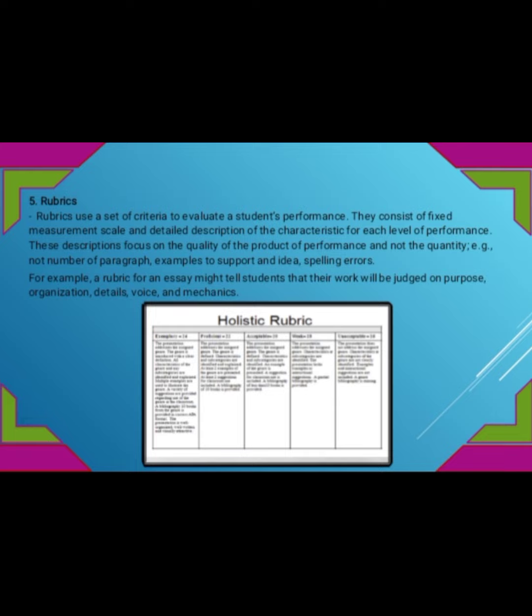These descriptions focus on the quality of the product or performance, and not the quantity. Example: not the number of paragraphs, but examples to support an idea, spelling errors. For example, a rubric for an essay might tell students that their work will be judged on purpose, organization, details, voice, and mechanics. So, a rubric is an assessment tool that maps the criteria for assignment completion against standards for success. So, rubrics help to address the specific components